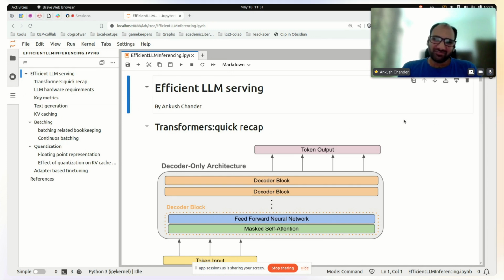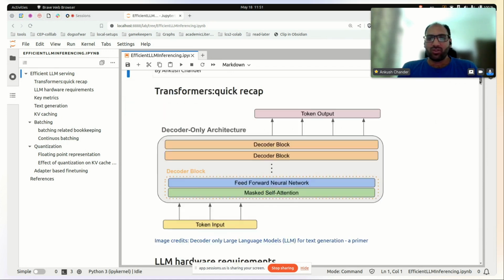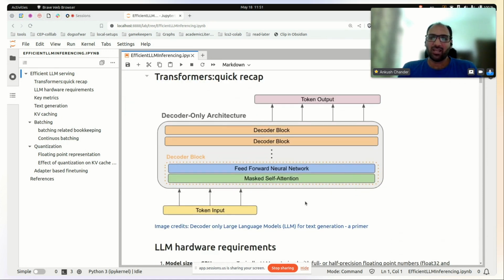So the goal is to understand what are the things that we need to keep in mind when we serve LLMs. Although we are saying LLM serving, we will be primarily focusing on decoder-based LLMs in this talk. This is a decoder-based LLM architecture, and roughly the key thing we need to keep in mind is that a token goes in